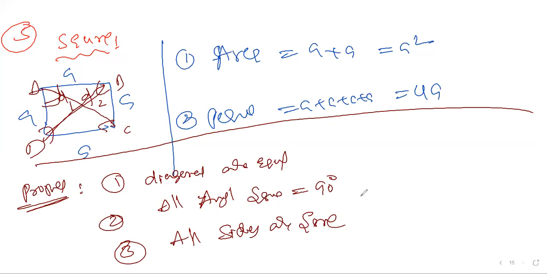All sides are same. Then the fourth thing is diagonal midpoint is same. That is not required for you till 8th class, unless you can take diagonal midpoint. Diagonal midpoint is same means, one second, let me make it very clear.